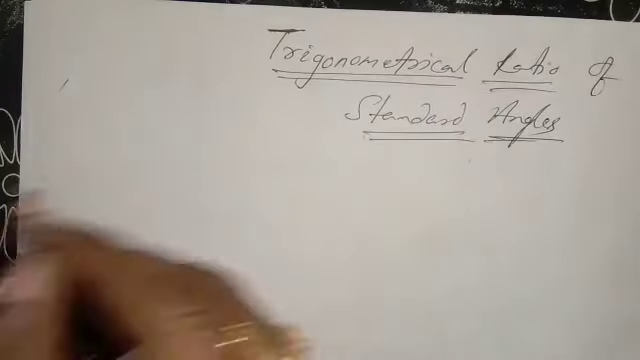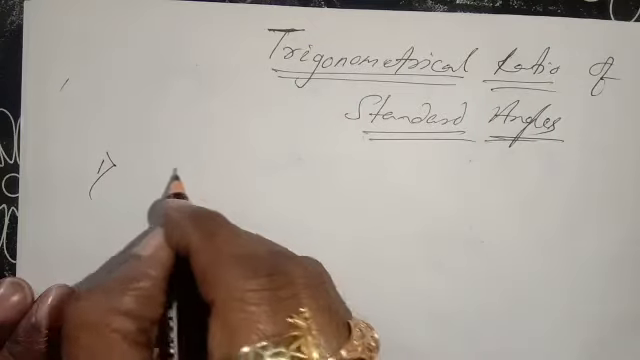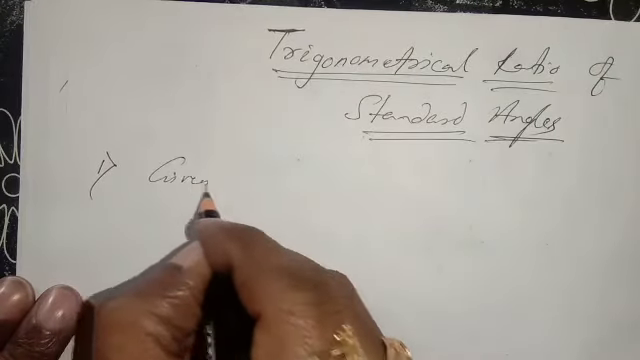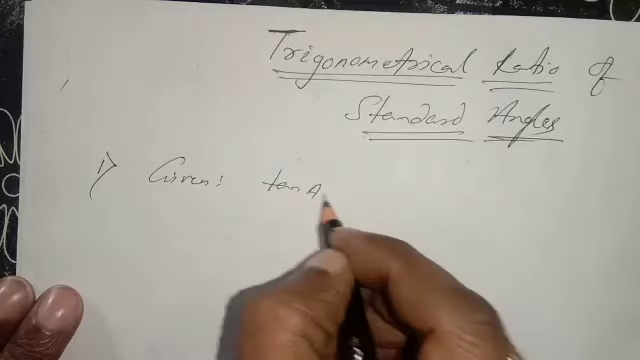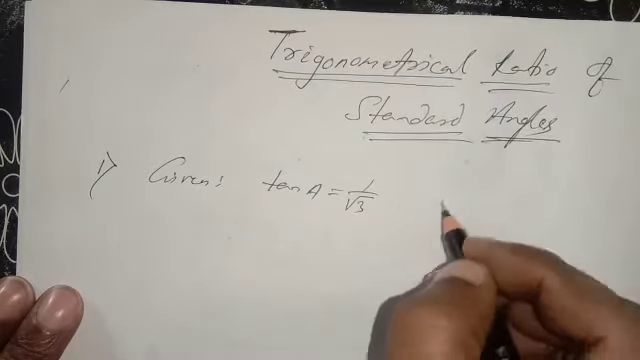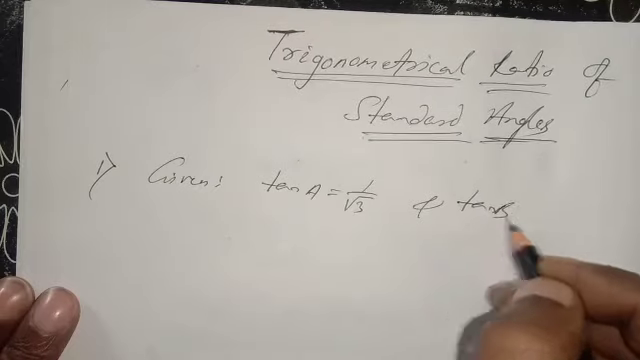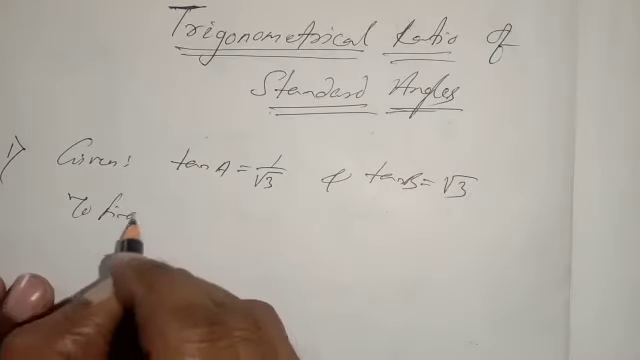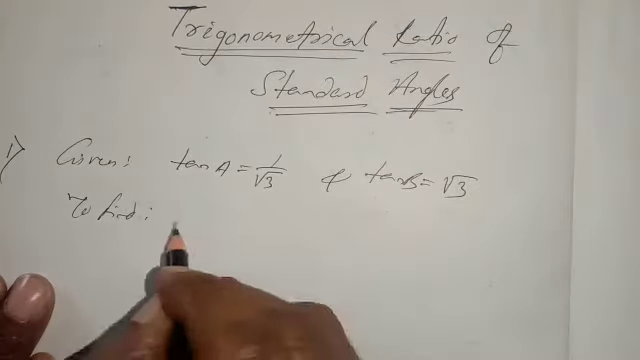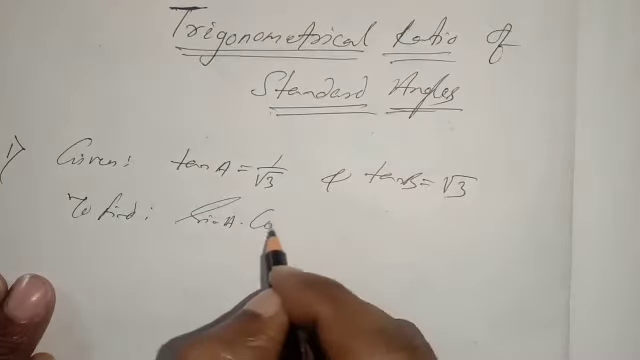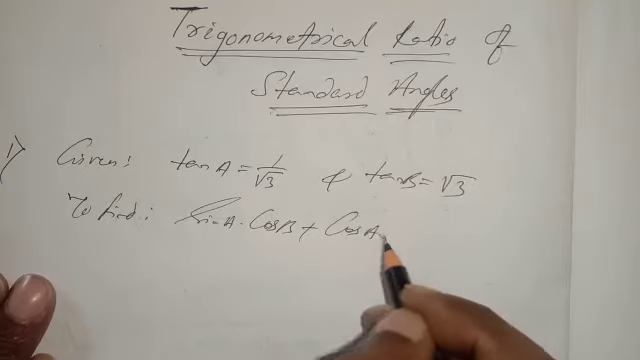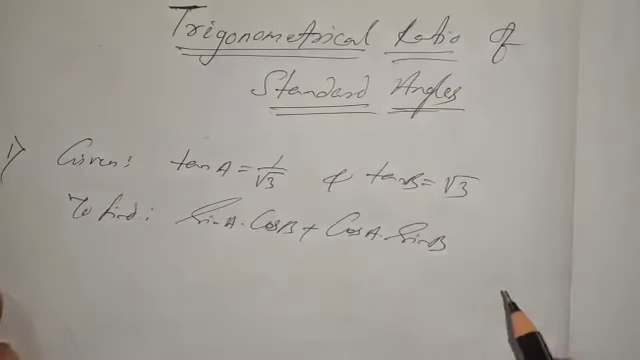First, copy the question. Number one, it is given tan A is equal to 1 by root 3 and tan B is equal to root 3. This is the question given, and to find the value of sin A cos B plus cos A into sin B. How to find it out? Now,